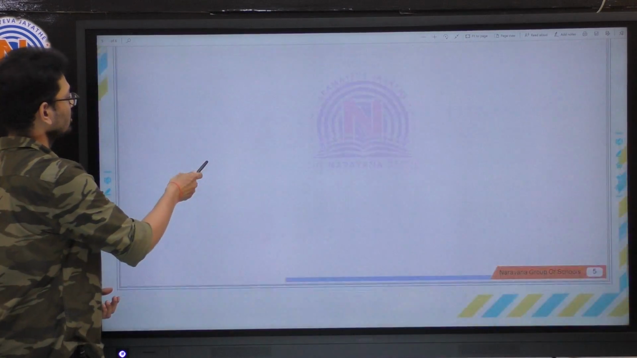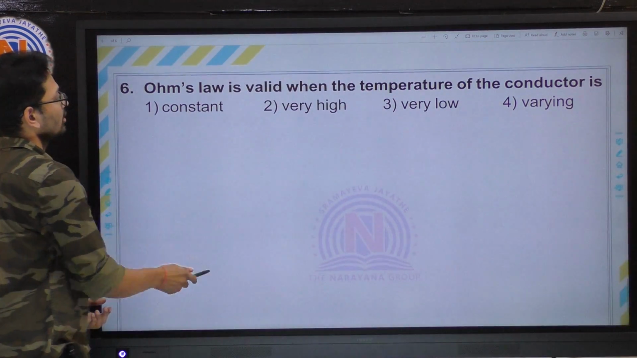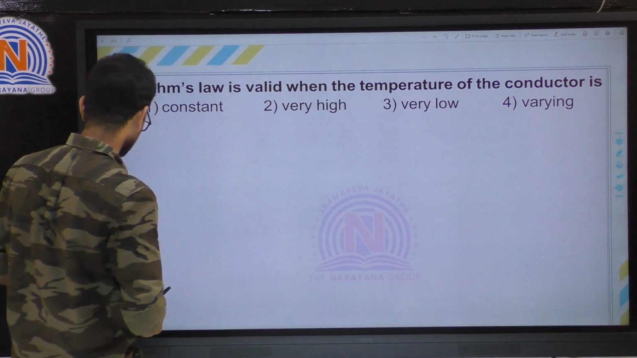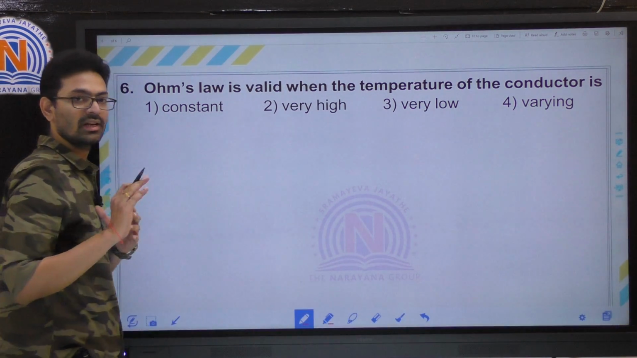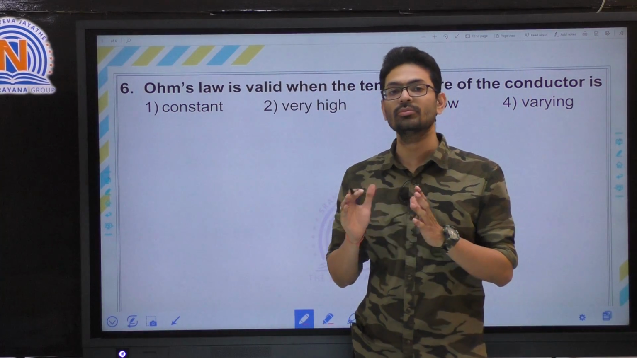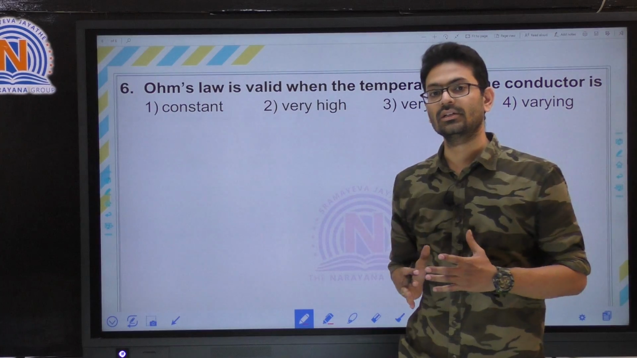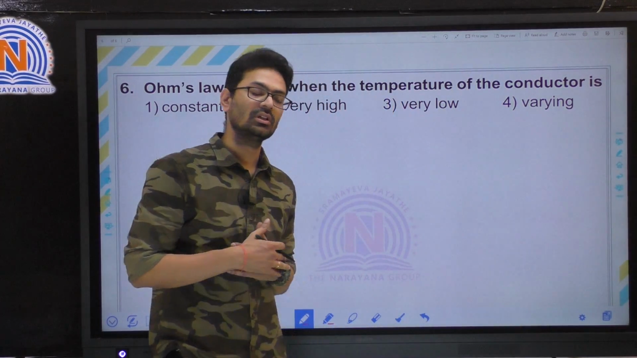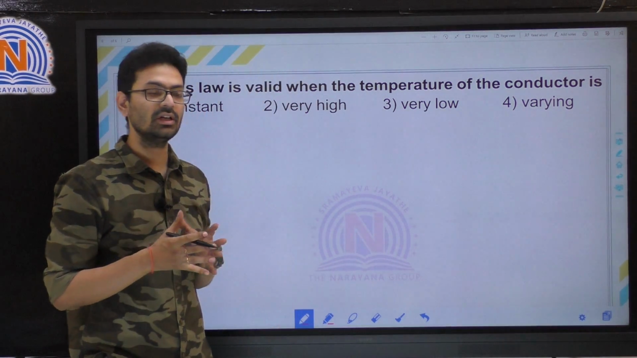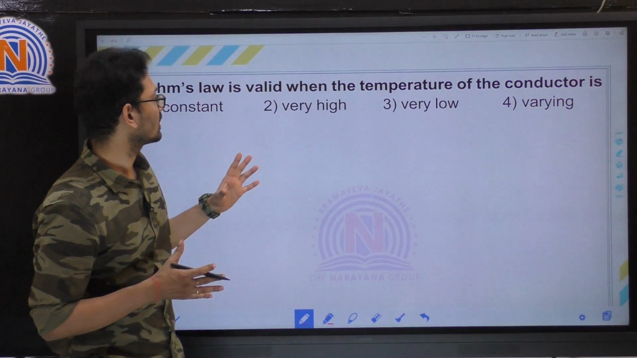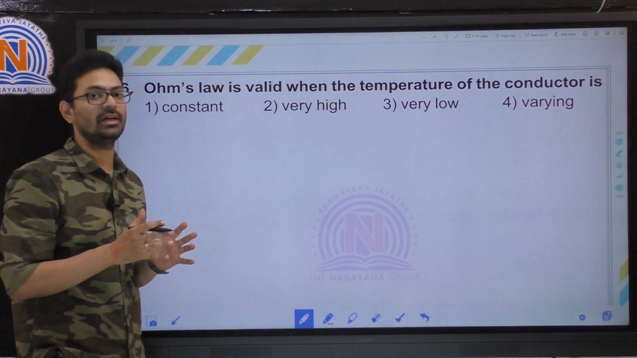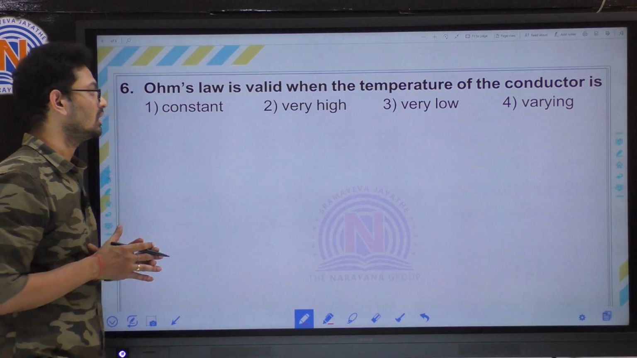So next question. Ohm's law is valid when the temperature of the conductor is. This is a very direct and straightforward question. The temperature should be constant whenever Ohm's law should be agreeable in any conductor. It might be ohmic or non-ohmic, whatever it is, most probably an ohmic conductor. If the Ohm's law should be obeyed,